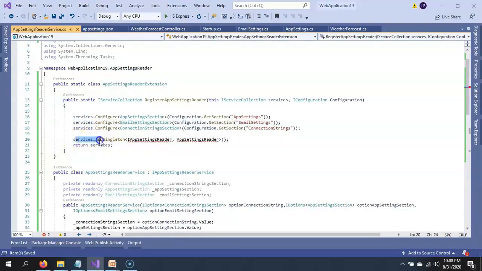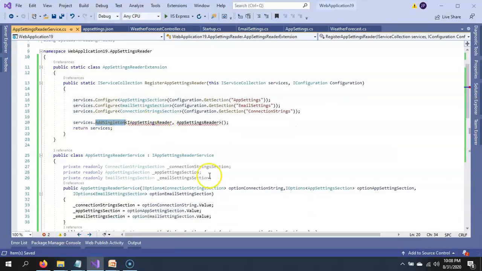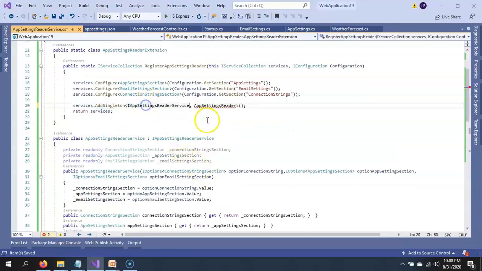And we need to add a singleton service for our AppSettingReaderService, so it will be injected automatically when the application runs. Only a single instance will be created for AppSettingReaderService.